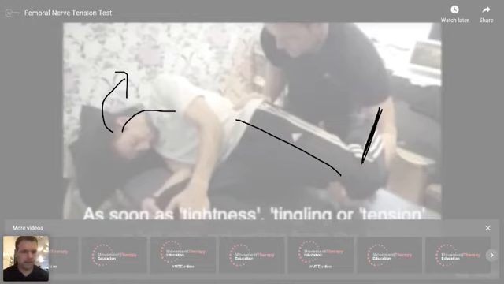Okay. And there's loads of different tension tests that you can do. Yes, it does. All nerves do, Peter. So you can tension your nervous system by bringing the head down, bringing the legs up. And if you do both at the same time, you'll maximally tension the sciatic nerve. So there's different positions that you can get into depending on where the symptoms are.